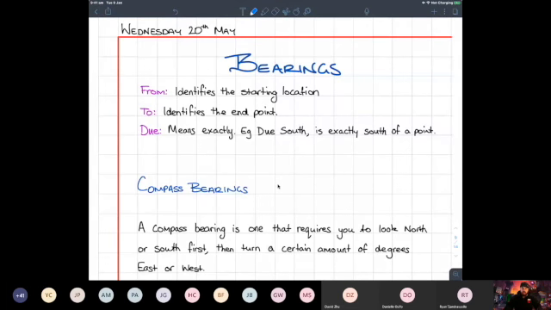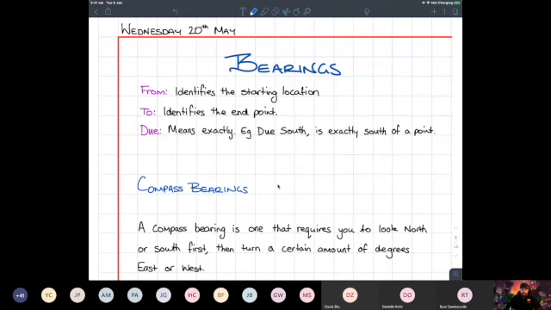All right, bearings. I think this is another thing that causes some issues for some students from time to time as well. So with bearings, there's three key words that I want to point out before we start, and they are from, to, and due. So the word from, whenever you read an expression, a sentence, a question, and it has the